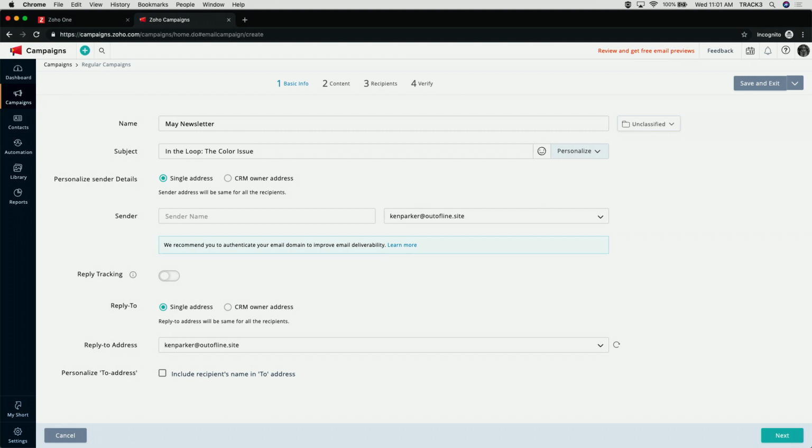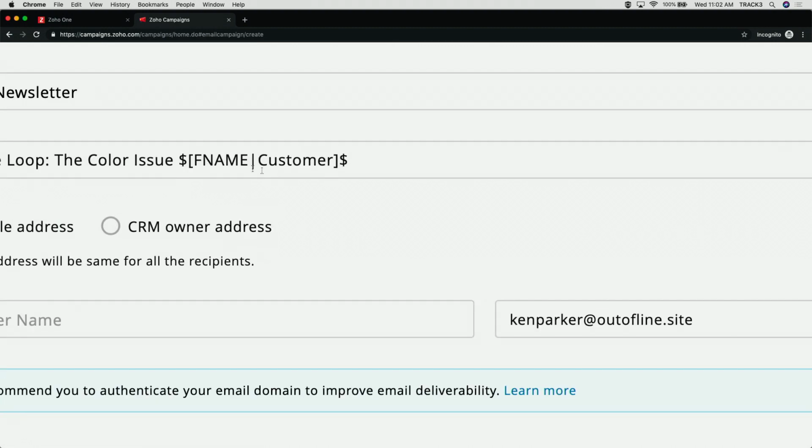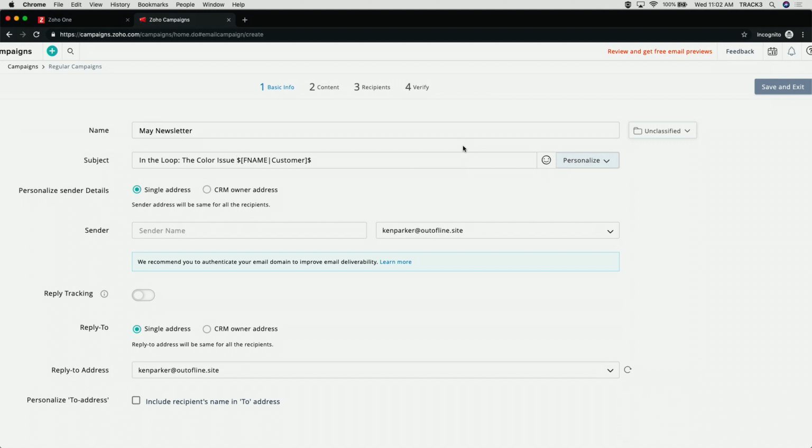So again, this is that newsletter we're sending out, and in this issue, we're going to be talking about how to design with color, how to understand color. We can add the personalization, as I mentioned, where we can simply insert the first name right here, and if we have the lead's or subscriber's first name, we'll be able to put it in right there. You'll notice, though, that it says first name, there's a line, and then it says customer. That line basically means or, right? So if you don't have the person's first name, it's going to put the word customer in there. So we see that? Yeah?